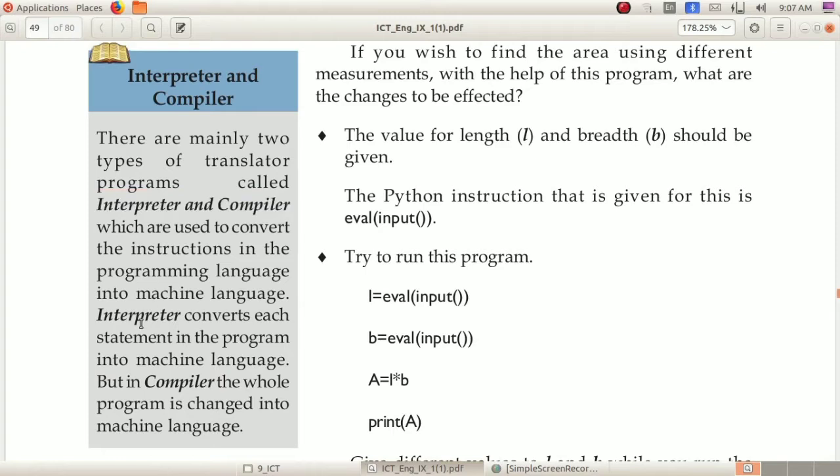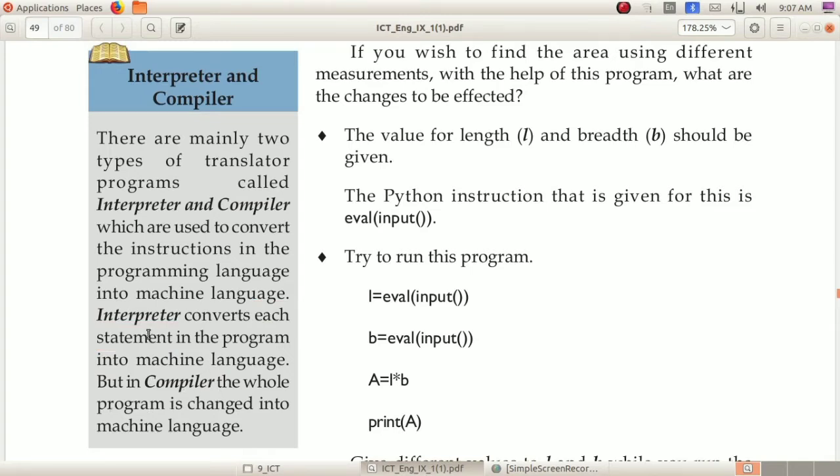Interpreter means it converts each statement in the program into machine language. Note that each statement will be converted into machine language while the interpreter is being used. But in a compiler, the whole program is changed into machine language.